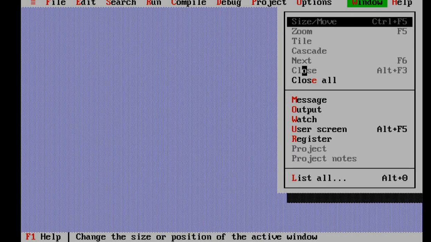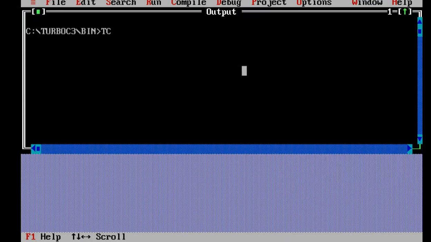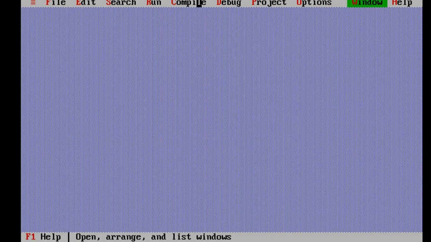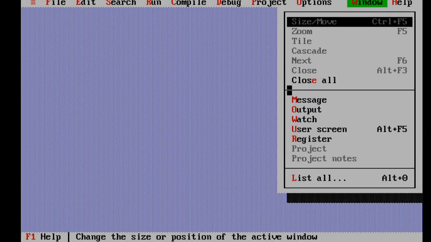Then window. In window we can basically show the output window. Suppose every time we want to show the output and immediately come back to the program, but sometimes we want to take a printout of the program and output together. At that time we go to the window option and select the output, and the output window will appear along with the program. So various screens are shown under this. We can also zoom the size, style, cascade the windows, close all the windows.